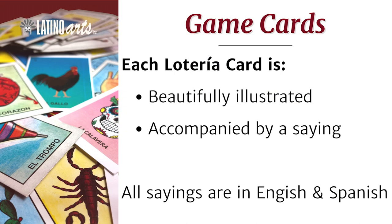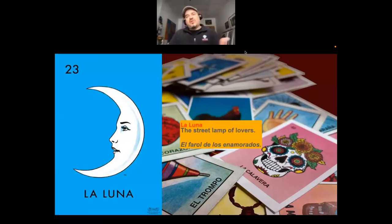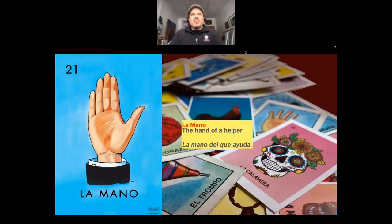Our Loteria cards have that beautiful illustrated card that is a signature of the game, but they also have a text associated with each one of the images. We've taken the liberty of translating them both in English and Spanish, so everybody feels included. When I am calling the cards, I will be reading the text both in English and in Spanish. For example, this is one of my favorite ones: La Luna, el farol de los enamorados, the street lamp of lovers. El Venado. Here you have another classic card, and we continue to play through the game until we recognize